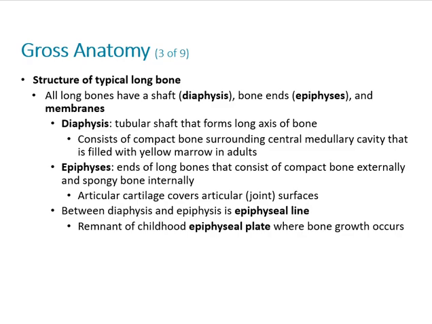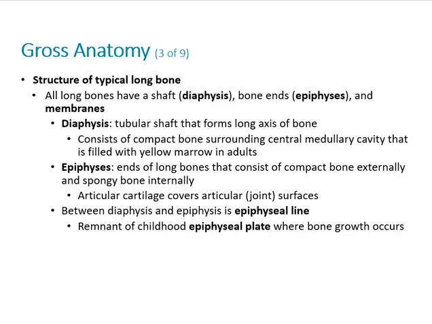So still talking about gross anatomy, let's go back to our long bone, because all long bones have a very typical structure. Not only are they longer than they are wide, they all have a bone shaft called a diaphysis, and then they have expanded ends called epiphyses. In the diaphysis, you have a tubular shaft, that's the long axis of the bone, and it generally consists on